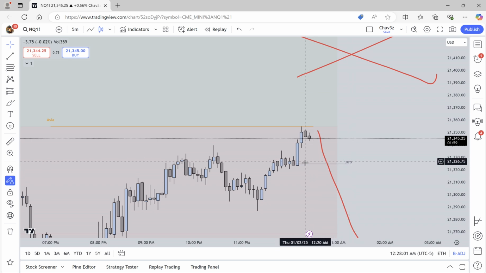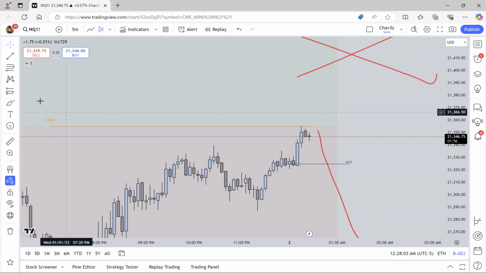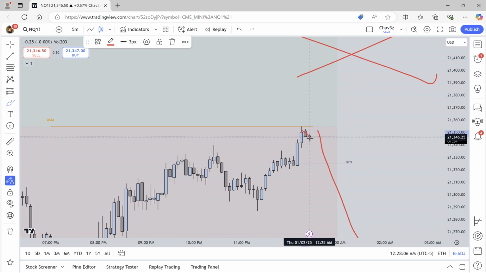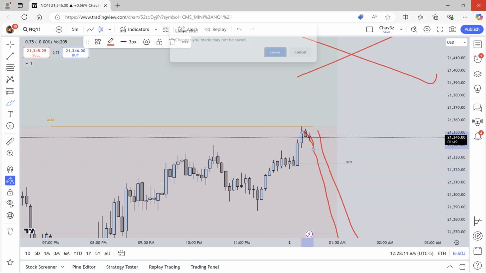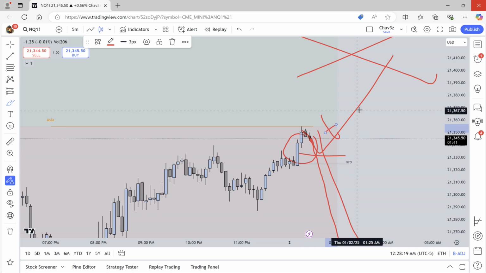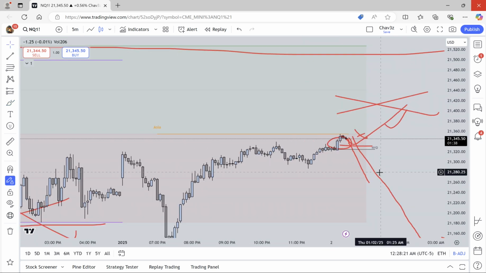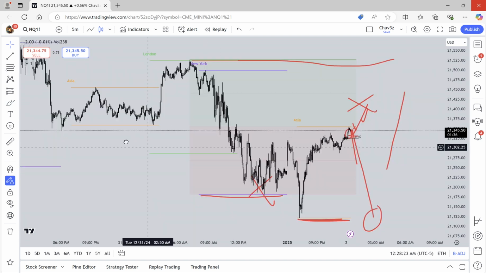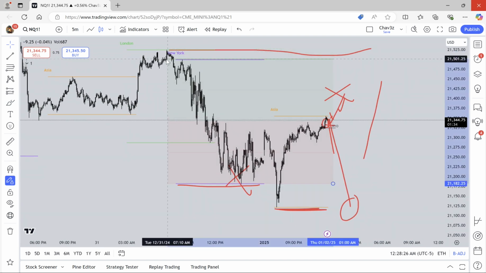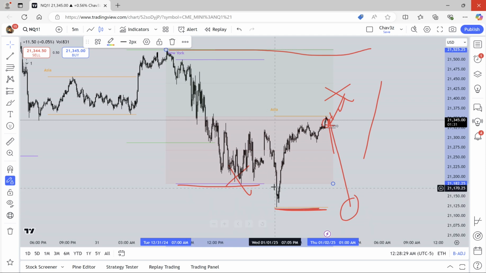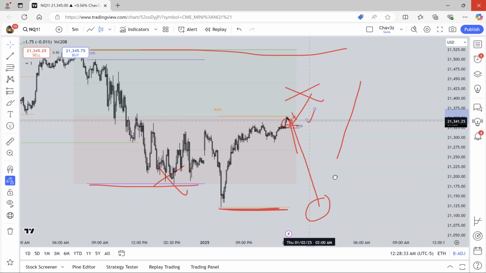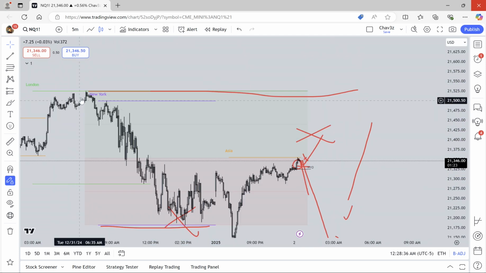True day open has printed, and we displaced above true day open. Now, two things can happen here. One, we trade back into the range, or two, we trade back into the 50% of this displacement, and we go higher, taking out equilibrium and going even higher, right? So remember, the range that we're trading in is what? Previous day high, which is London, to previous day low, which is New York. Here's our EQ.